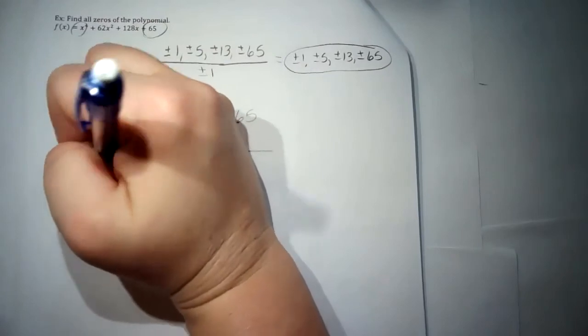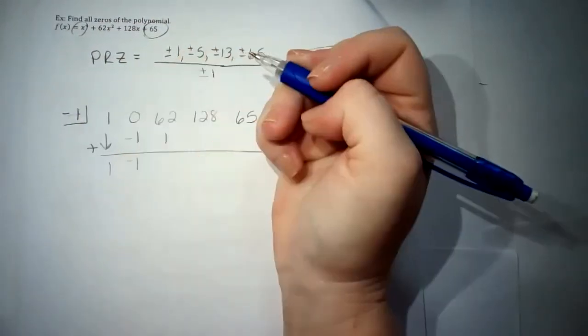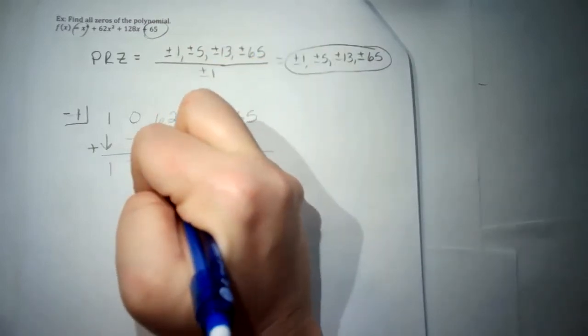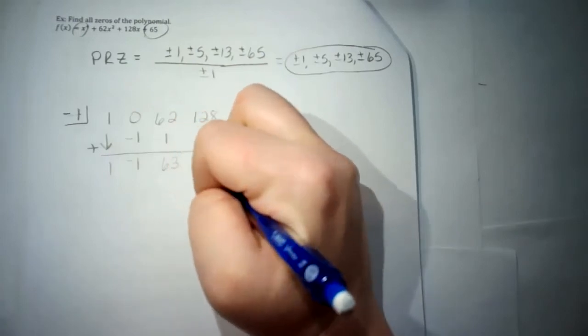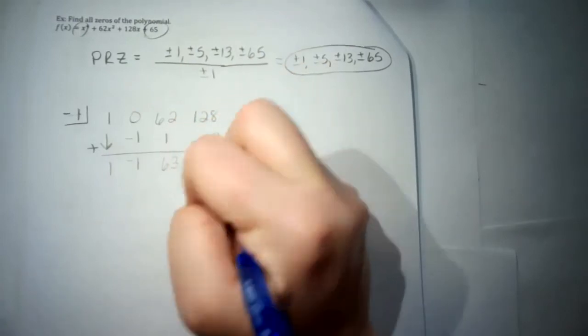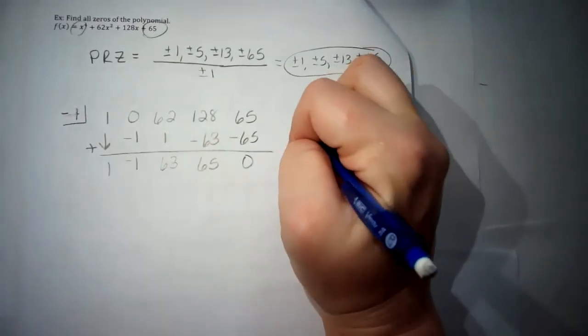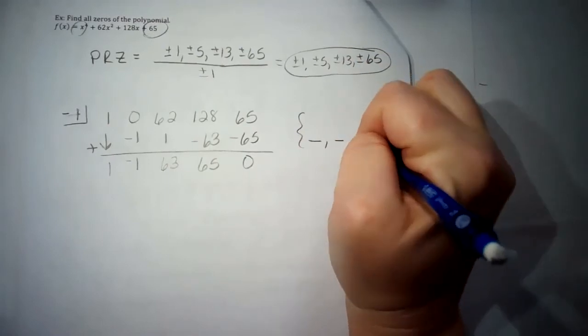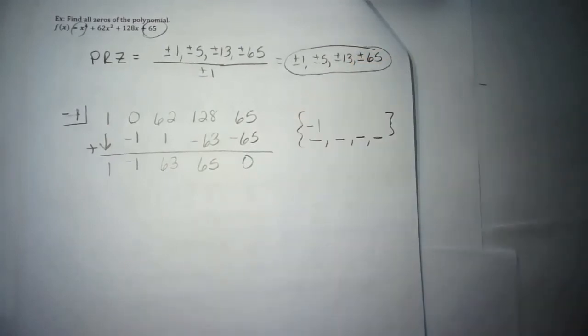Okay, here we go. All right, so bring that down. This is a -1. Add it. That's a +1. This is 63. -63, add, I get 65. Sure enough, awesome. So -1 is one of my answers, but I never would have known that's in there twice if I hadn't seen the touch and turn